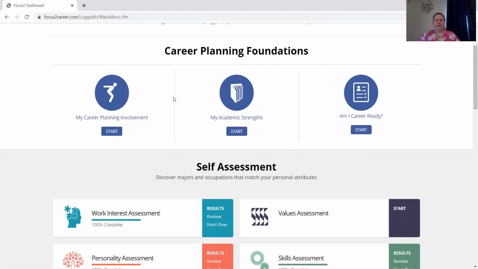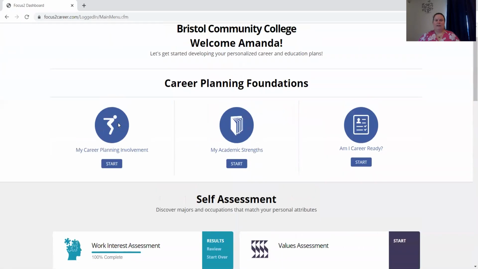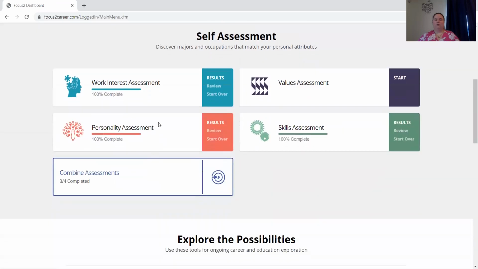But as you look, you see that there's a whole bunch of different tests. There's 3 at the top, all about career planning involvement. So are you college ready? Your career planning involvement. How involved are you in career planning and what are your academic strengths? Over here is your work interest, personality assessment,